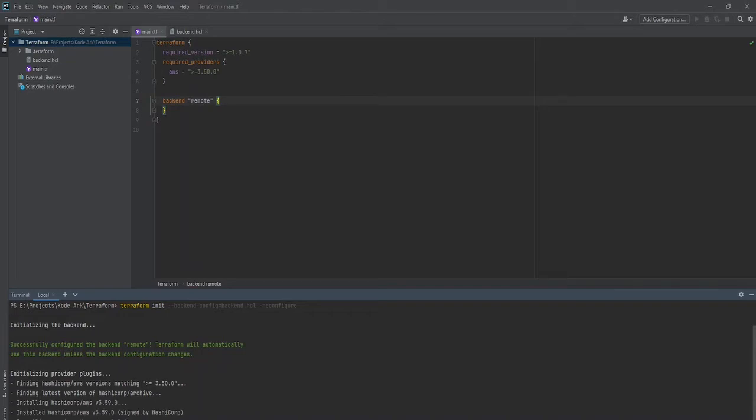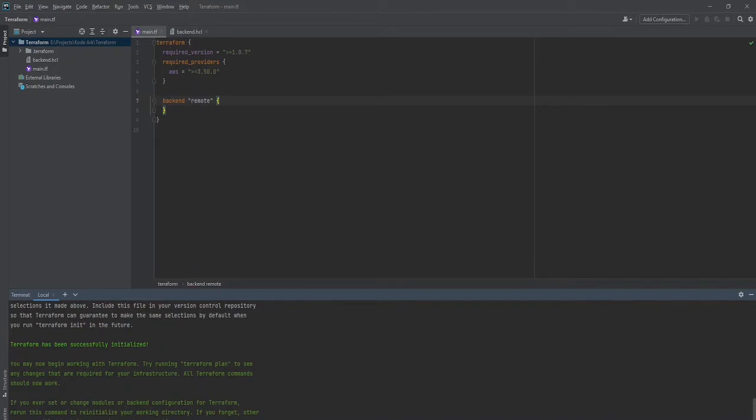Now I'm going to install another provider called TFE. Either I can put it into the required provider section, or if you are not sure what version it is, you can start using its provider and the terraform init command will automatically install it for you.